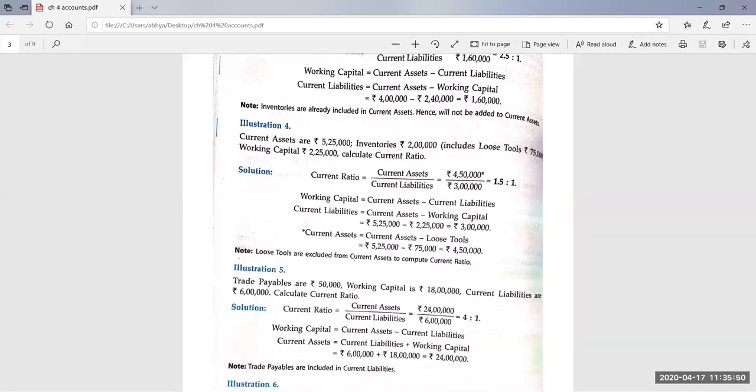Okay, so current ratio is equal to... Yes, Khushi is writing to me that nothing is to be done regarding trade payables. Yes, nothing needs to be done to trade payables. Why? Because it is an individual concept and current liability is a whole concept. Whenever total is given, then we always have to consider the total.